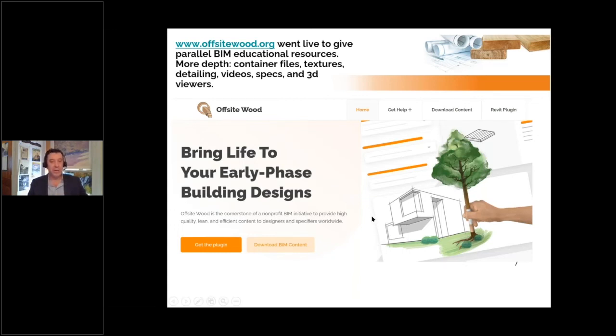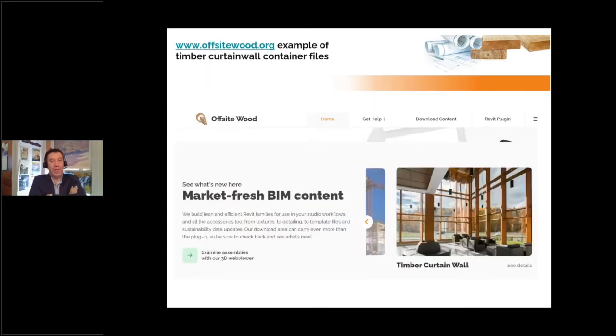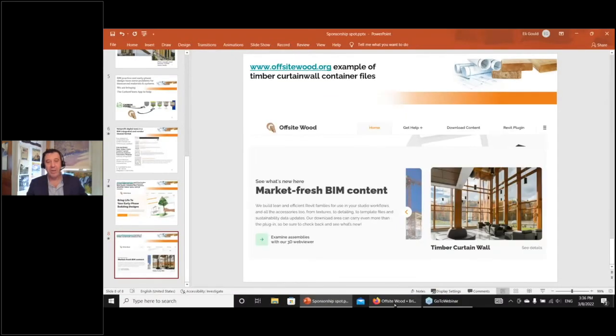2022 testing, for instance. So I'm going to show a good example, and I think I'm going to end this presentation with my remaining minutes and jump right into the website itself so you can see. But one example of how a full brochure or a full featured page and a container file is helpful is our timber curtain wall. So I'm going to show you on the website itself how